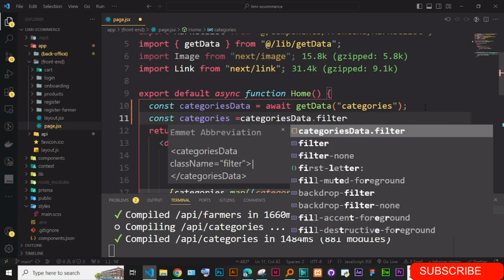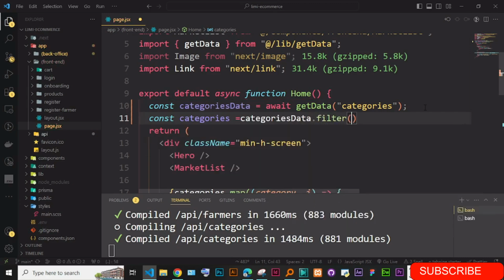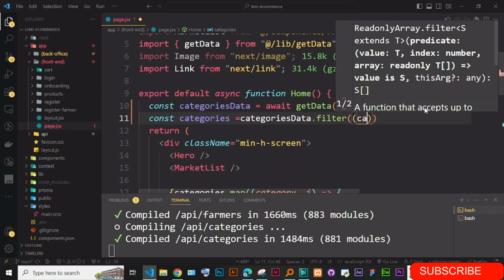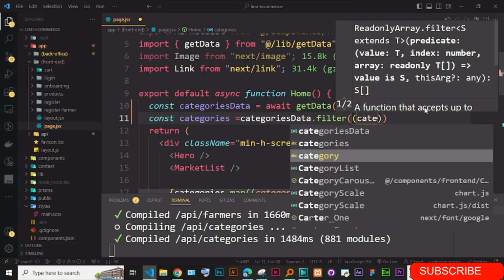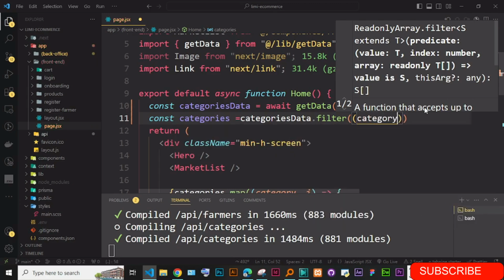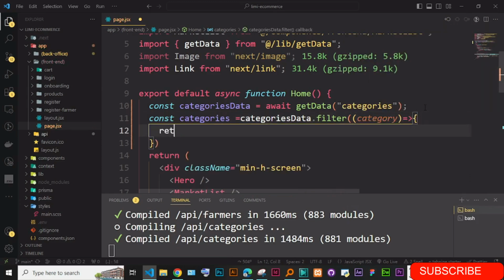Now here we have access to a single category, and we want to filter, so we want to return